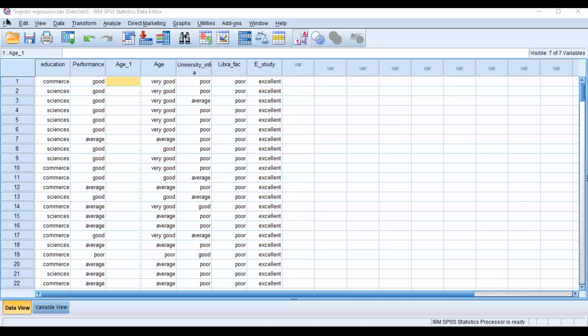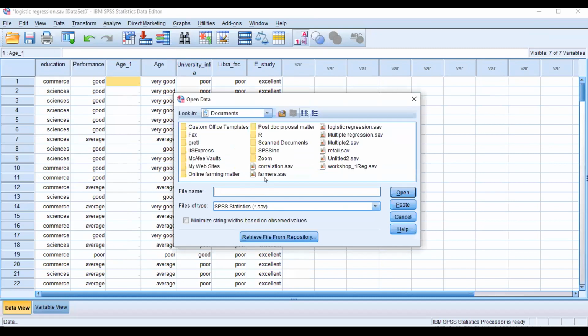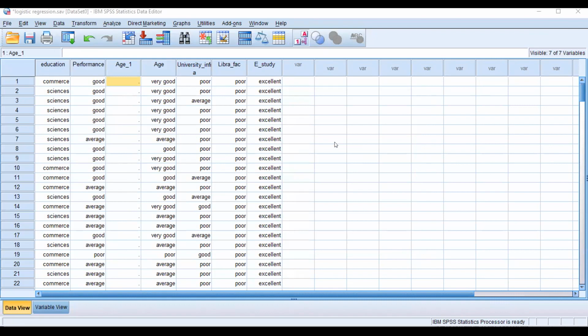I'm taking the example of logistic regression, and from there I will import data. I will go to open data, and from open data I will take a regression file. It was a file for multiple regression, but I am telling you about bivariate regression, or retail price. I'm just stopping this and taking another data set.